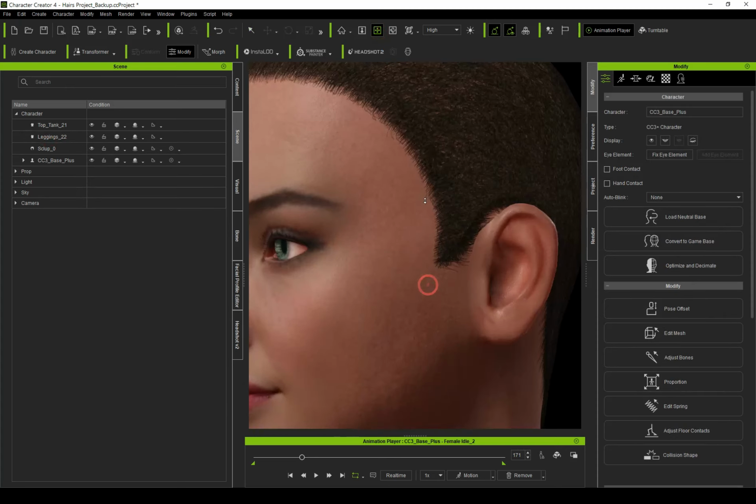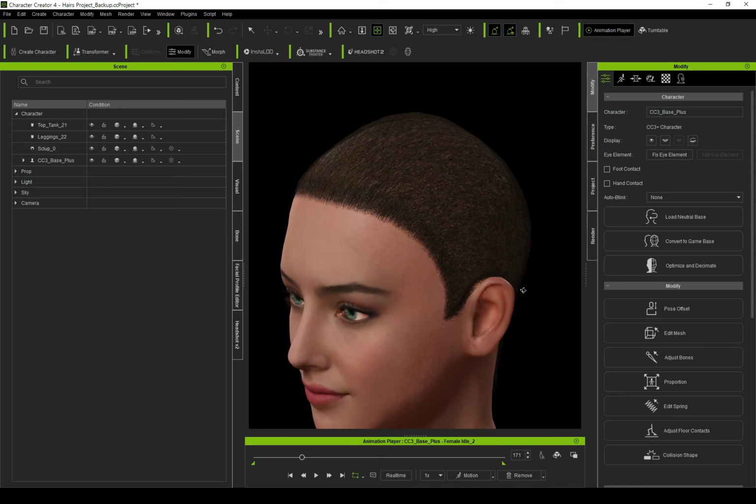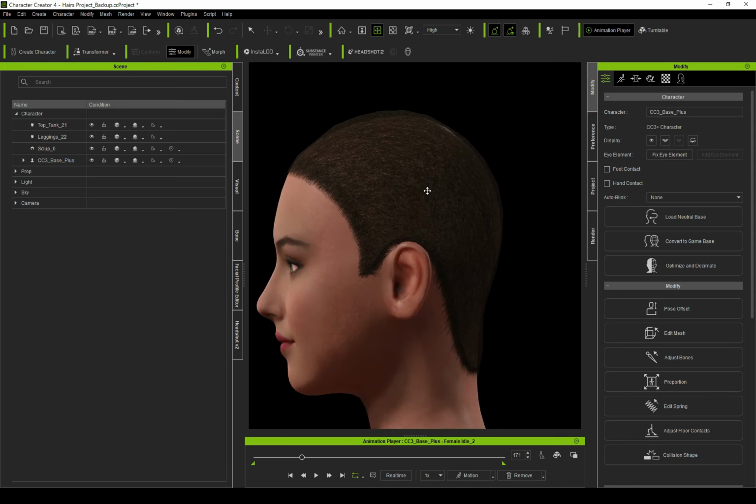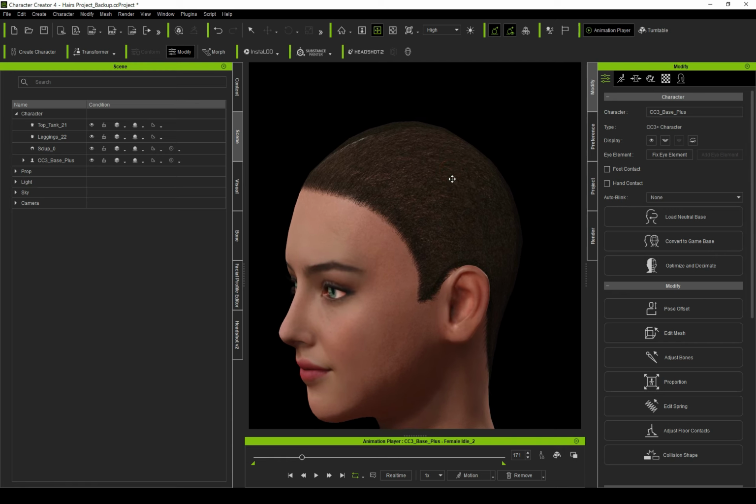Here you can see I have a very nice base sculpted hair. I have created this hair inside ZBrush and with the help of Adobe After Effects. I also made a tutorial specifically for the hair base. If you have not seen it, I will put a link in the description,